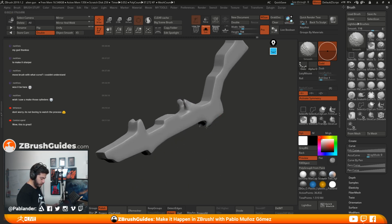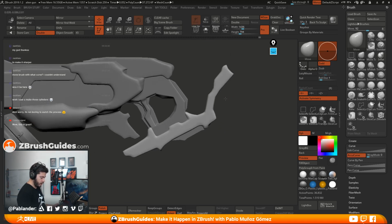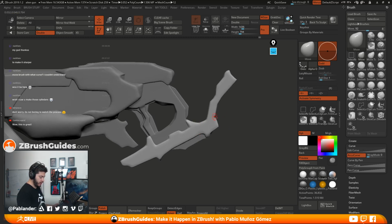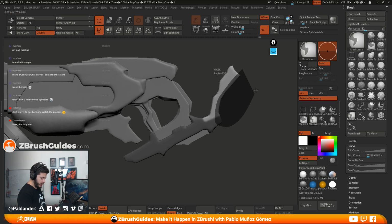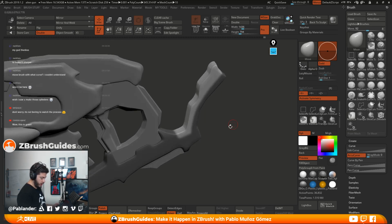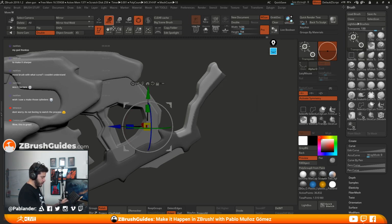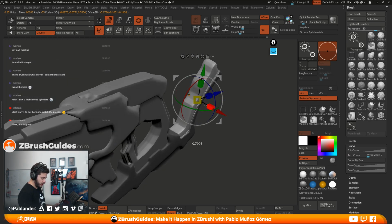There we go. Back to move brush, and that's it. Now this area right here, I'm gonna add a little bit of contrast and change things a bit really quickly using the masking brushes again. Just select an area that I want like that, invert the masking, and I'm basically just painting this area with mask, and then we can go ahead and sharpen the mask a little bit, go into the gizmo, center that to the unmasked areas, and then we can start generating some designs